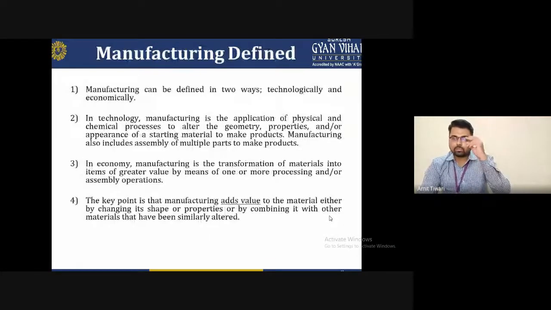Now, manufacturing can be defined in different terms, in two ways: technologically and economically. Technologically, it is about what type of technology we have now for rapid, mass or very fast production. Economically, it is about the effect of these machines in producing quality work and providing jobs for human beings. So manufacturing is defined as technologically based or economically based.